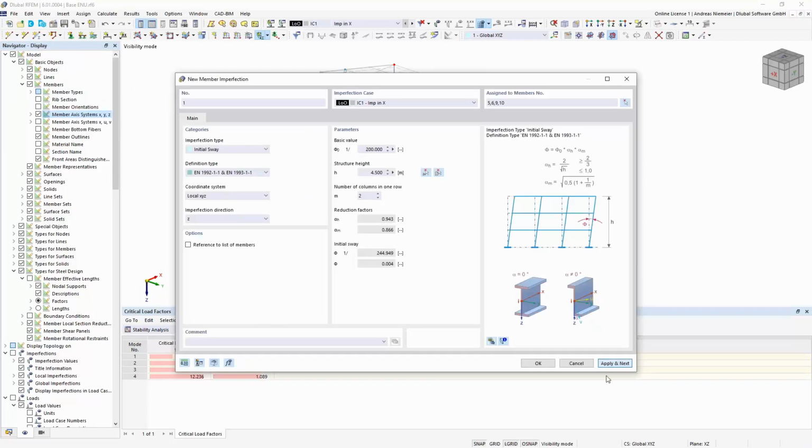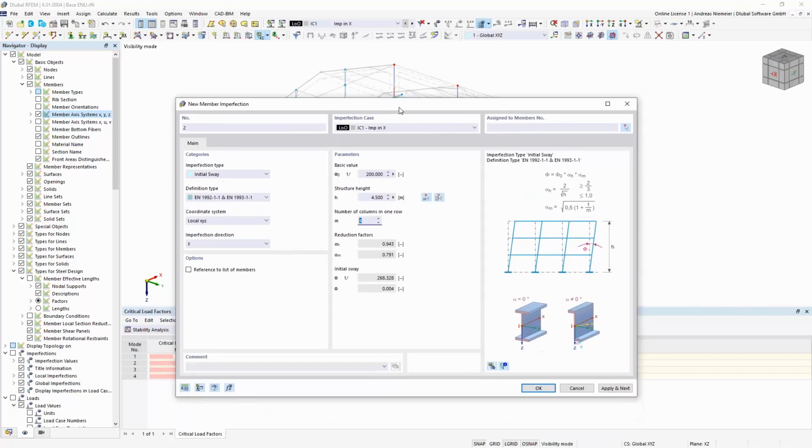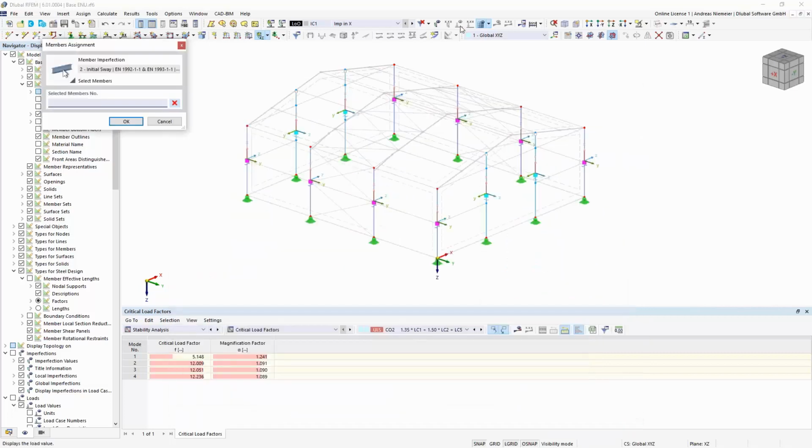Okay, apply and next. Then we can go to the next one. We have here 4 columns, so apply it. We can activate it also to these columns. Oh no, not to this one, because it's rotated, so only to the outer ones.